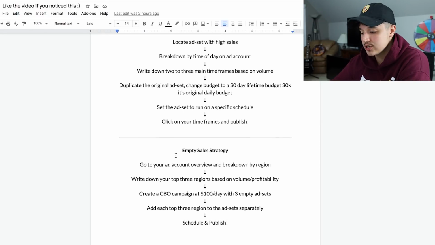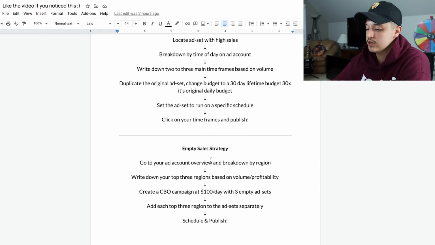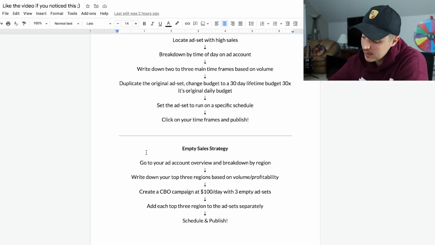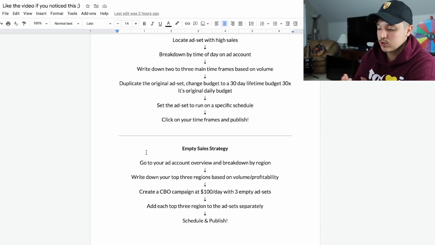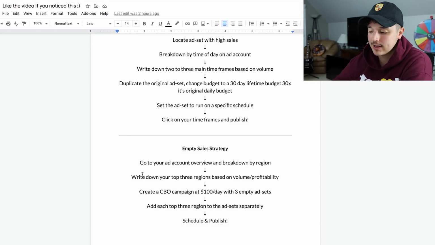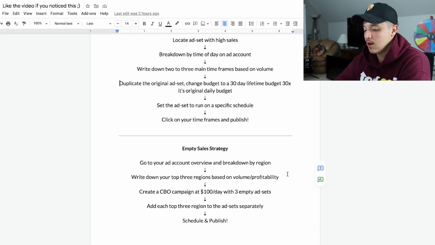So this last strategy I have here is called the empty sales strategy, where we're taking advantage of the Facebook AI and its power by using literally no targeting at all. This is going to be very, very simple for you. Once you have some sales in, go to your ad account overview. So you'll just have to go to your left and click on the overview, and you're going to be able to break down your ad account by region and see which regions overall